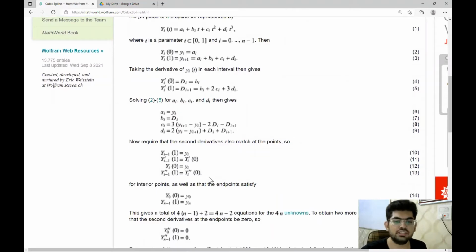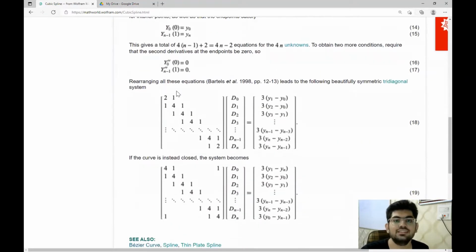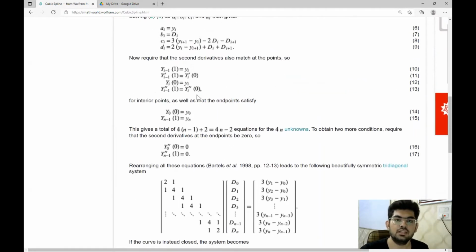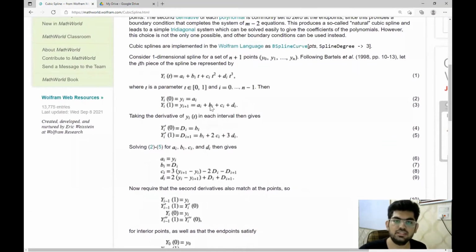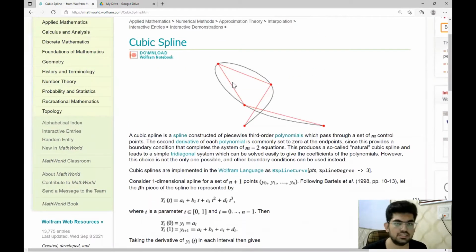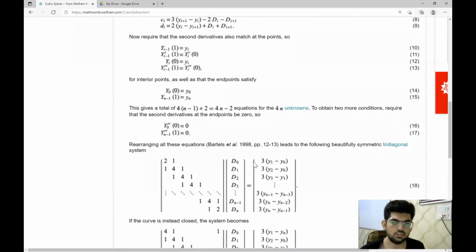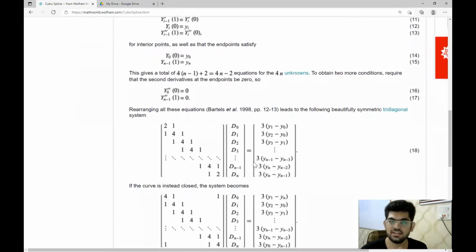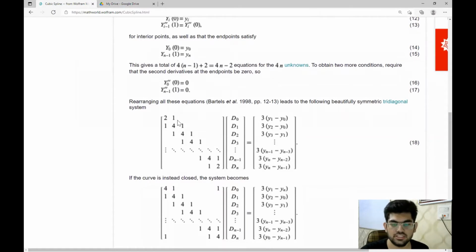By solving this set of equations, we get this particular form of matrix which we need to solve. So this is a linear equation in matrices, a simple linear equation that we can solve in order to get the cubic polynomial parameters. In between all these points, we assume that the polynomial is a_i plus b_i t plus c_i t squared plus d_i t cubed. We solve for these; if we are given n points, there are n minus 1 segments of cubic polynomials. So that's how the overall picture is. Our work is not in the derivation part. We are simply going to use this formulation to code the implementation.